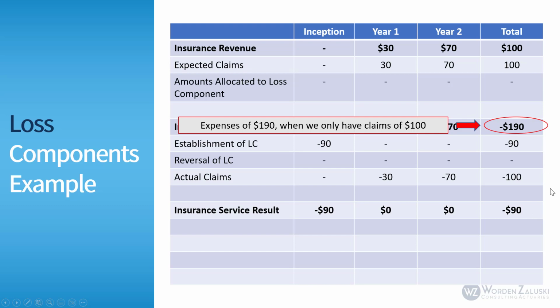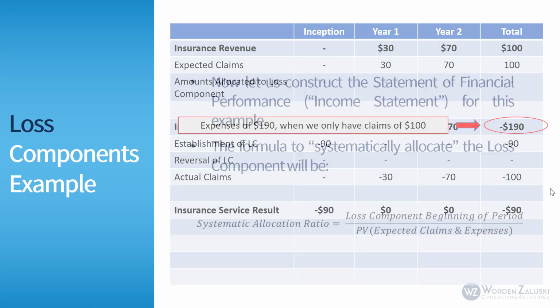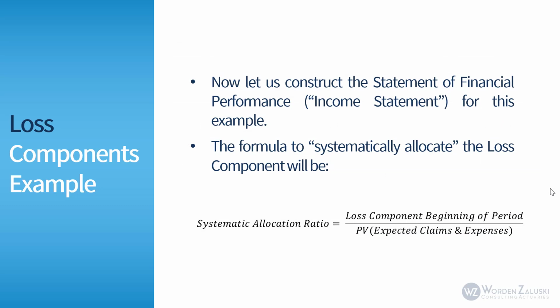It doesn't tie to the actual economics. So now let us construct the statement of financial performance or the income statement for this example, but we're going to systematically allocate the loss component to the income statement. And we're going to use a simplified formula, the systematic allocation ratio, which would be the loss component at the beginning of the period divided by the present value of our expected claims and expenses. And we're going to use that ratio to allocate the loss component and amortize that loss component down over time